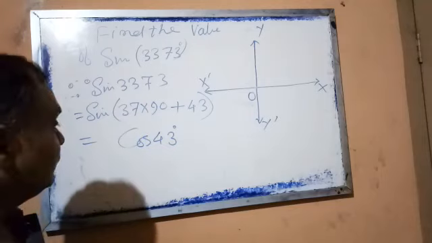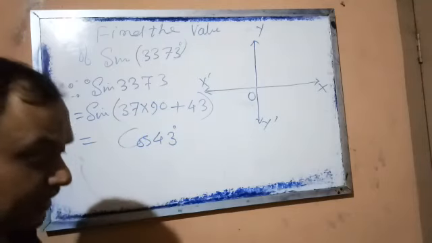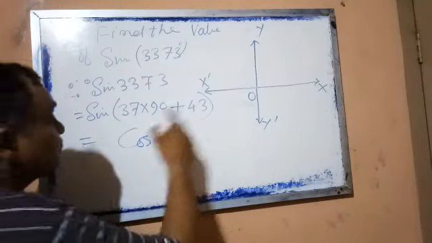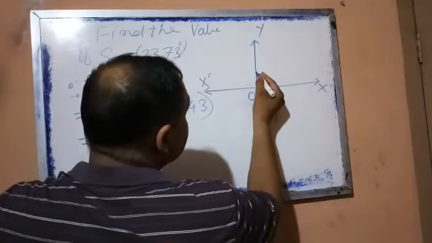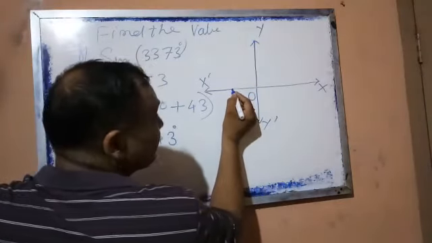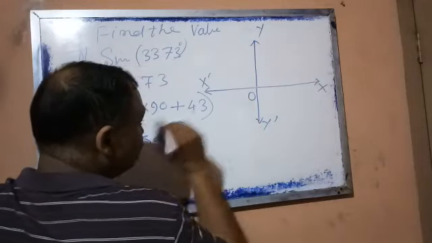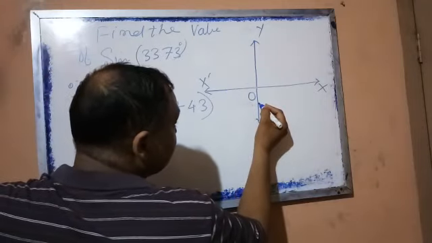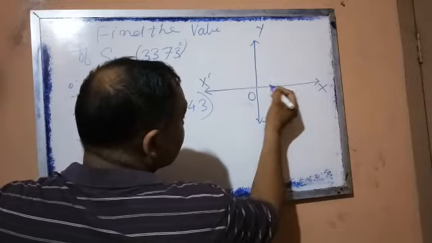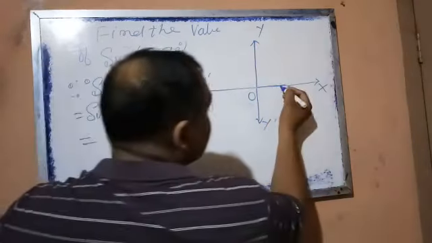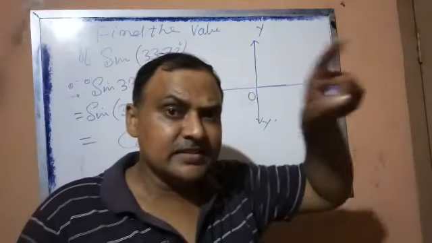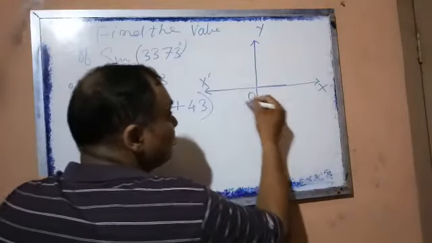It's okay? We will write cos 43 degree. Now we will have to see in which quadrant this falls. Say from here to here 90, from here to here 180. 180 means 2 into 90. The same way 3 into 90 and here 4 into 90. So whenever it is 4 into 90, what happens? One round completes. You see, one round completes.